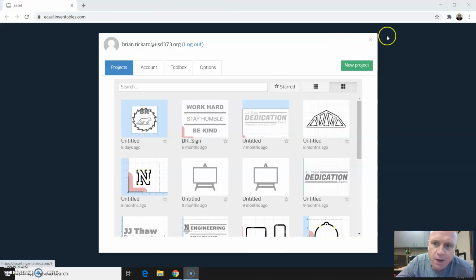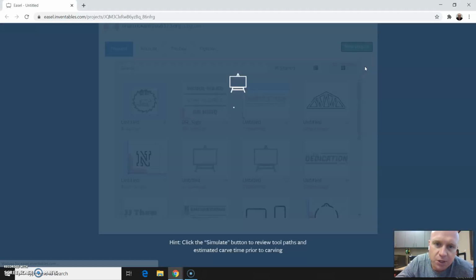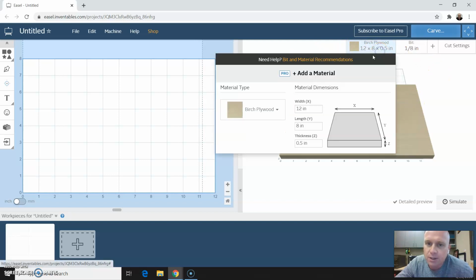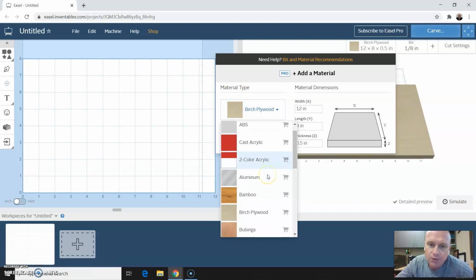Once you're logged into your account, you're going to want to go ahead and click new project. This is going to bring you to the screen where we are going to do our design work for our tile project. The first thing that I'm going to have you do is select the correct material for your tile project. So over here on the right hand side of the screen, I'm going to go ahead and click that menu. And under material type, I am going to make it